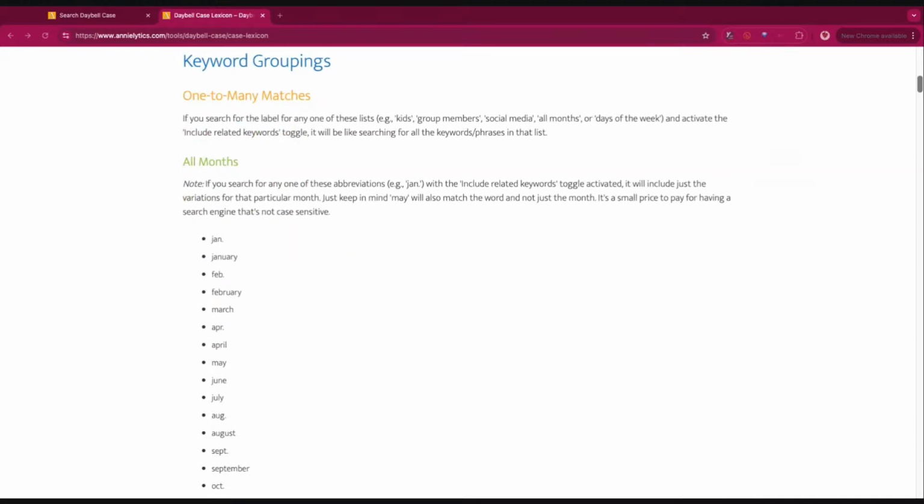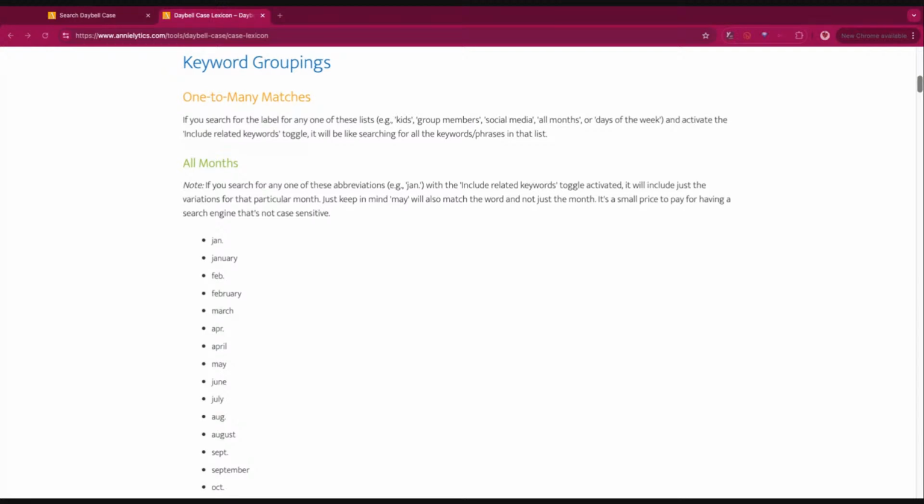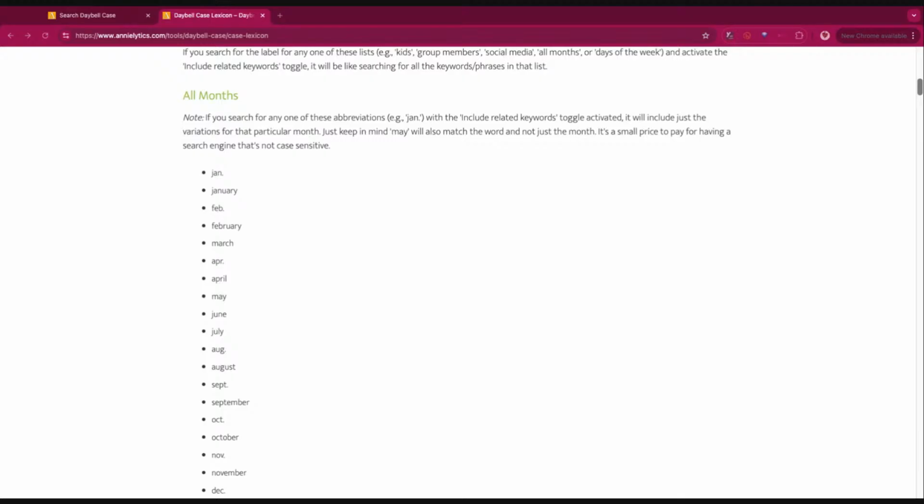I broke it down to one to many and many to many, just because I couldn't think of a better way to explain it. These one to many keyword groupings allow you to put in one phrase and it will match many phrases. For me, when I update my timeline, this all month is absolutely fire, because I can just type